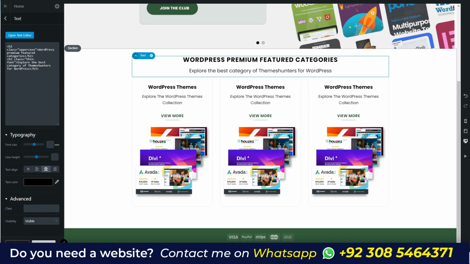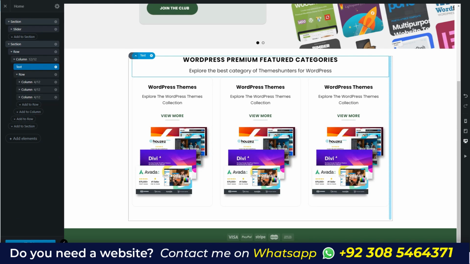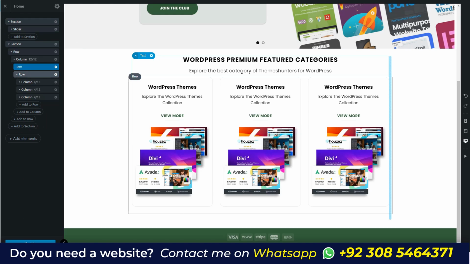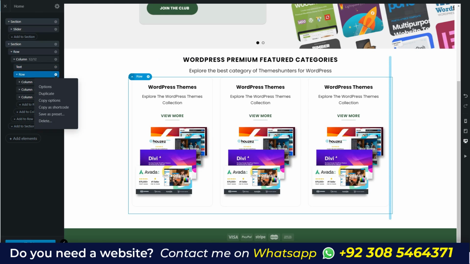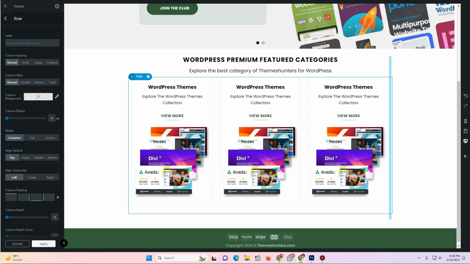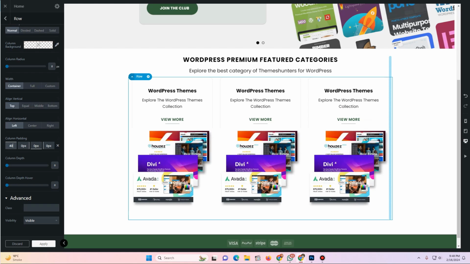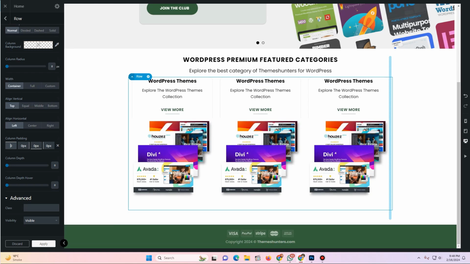Now for this text area right here, this is also a column, or this is a text right here. So I'll click on this options, and then in here we'll have to see to add the padding. So we cannot add the padding to the text, so hover over to this row and then click on this options, and once you click on this options, here you will see column padding. So in the padding, insert 40 pixels or probably 80 pixels. That doesn't look good, so we'll have to actually